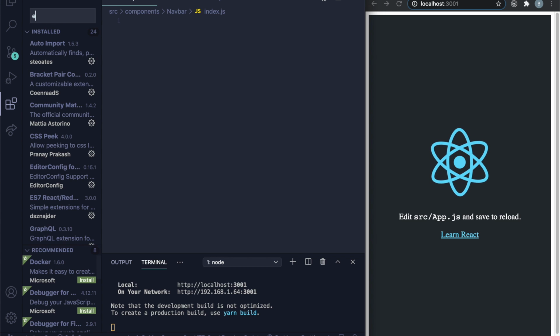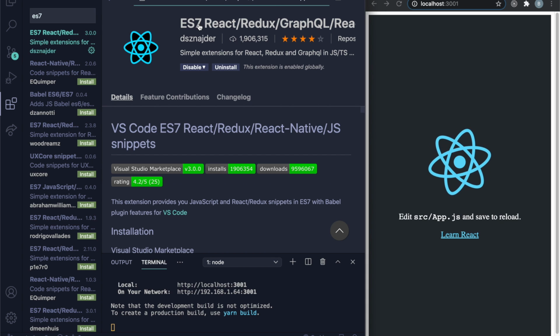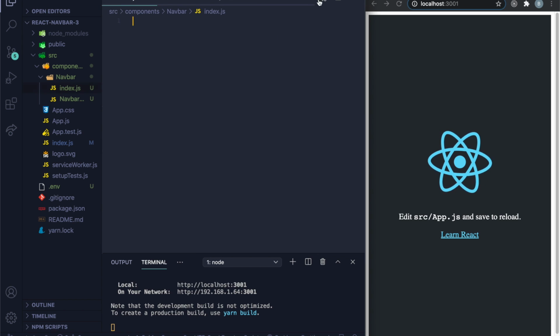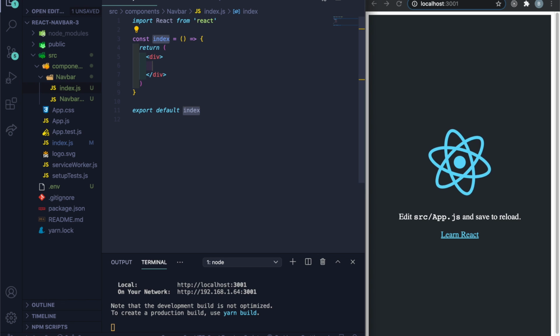type in ES7, you can see here, download this one, ES7 React. If not, if you like typing out everything line by line, then you don't have to, but this is gonna save you a lot of struggle. And then in here, you can just type in RAFCE, enter, and boom, we have it already created with that little template. Then I can just delete this word index and just call this